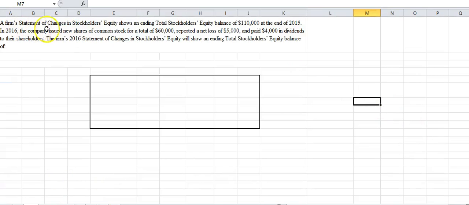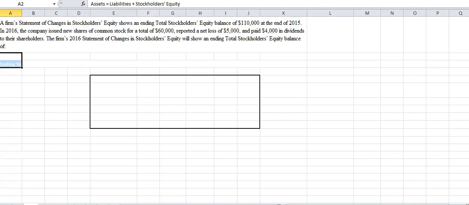Okay, this says a firm's statement of changes in stockholders' equity shows an ending total stockholders' equity balance of $110,000 at the end of 2015. In 2016, the company issued new shares of common stock of $60,000, reported a net loss of $5,000, and paid $4,000 in dividends to their shareholders. The firm's 2016 statement of changes in stockholders' equity will show an ending stockholders' equity balance of, okay,